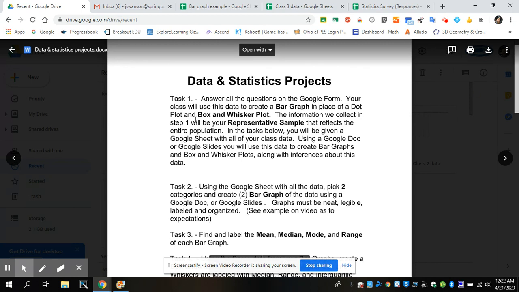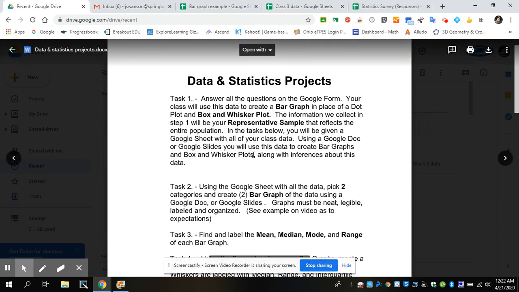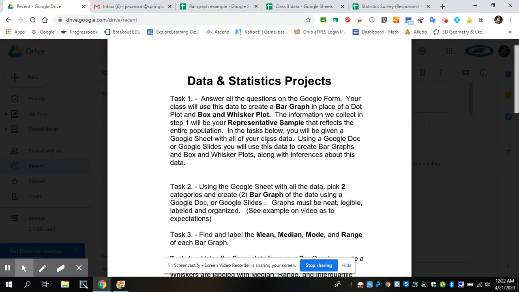Last week, we collected data. That was task one. Read through task one, though, so you know what this project is going to be about. We're going to create two different types of graphs. We're going to identify the different parts of them: the mean, median, mode, range, and the interquartile range. And we're going to make inferences and compare data using comparative inferences, which is what we did in topic 6